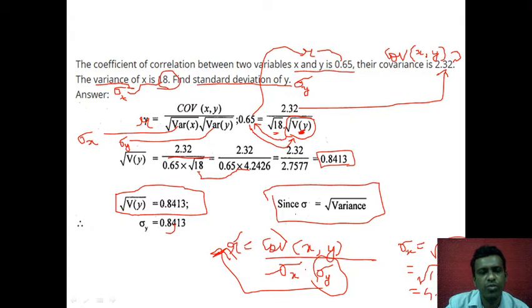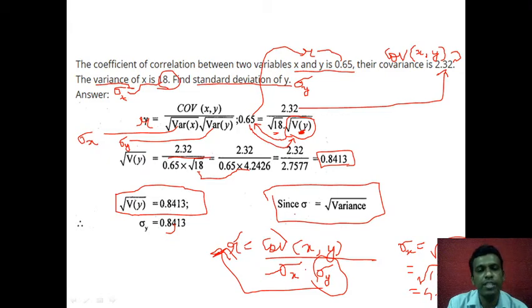It is just substitution. The only thing is, instead of giving all the right hand side elements, they have given you one unknown right hand side variable, and the other, the left side variable, is known. So this is what you have to follow. The only twist is that instead of giving the standard deviation directly, they gave you the variance and asked for the standard deviation. If you know the basics that standard deviation is nothing but the square root of variance, you can very easily solve this problem. So I hope you understood this problem.